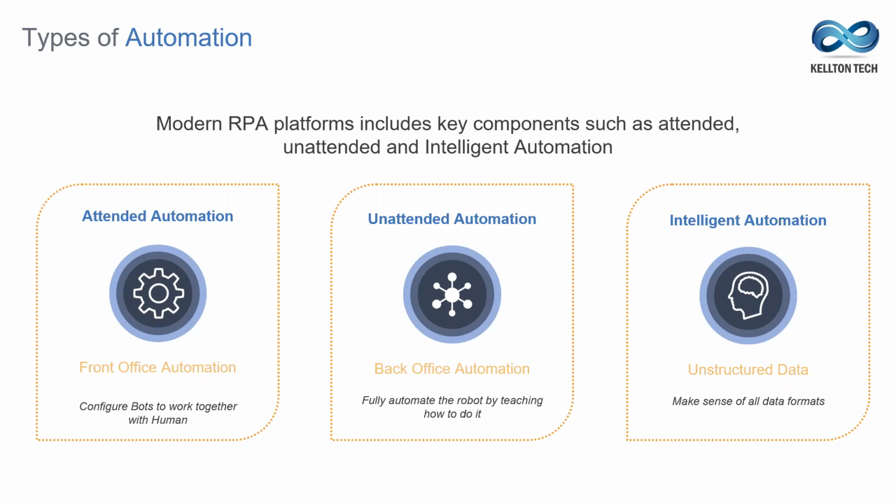With attended automation, a bot is deployed on the same computer where an agent is working on a specific business process. The bot helps the agent. It either reacts to the events that happen on the desktop, or it gets requests on the desktop and performs them together with the agent. So basically, it lowers the effort and mistakes that agents can make on the desktops.